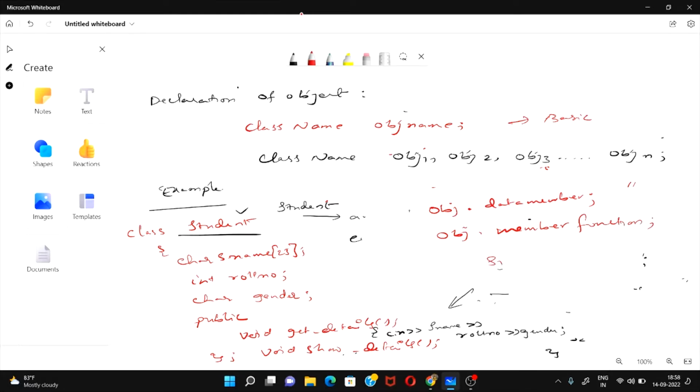By this example, I created 2 objects S1, S2, and by S1 and S2, I am going to represent 2 students' information. By S1, suppose I am describing a person, Devi, so the name of the student is Devi, the roll number of that student is 102 and the gender is female. So this is my first student information. Whereas the second student, I have another student in my classroom. The name of the student is Gauri, the roll number is 107 and the gender is female. So by using these objects, I can represent